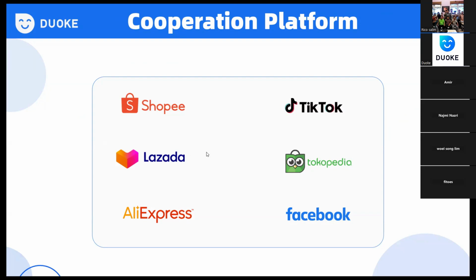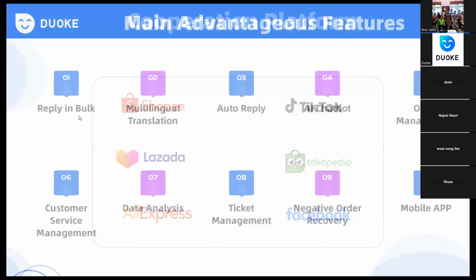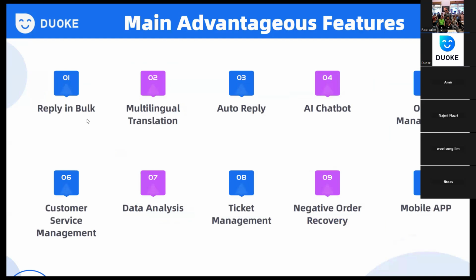And here are the main functions of Duoke. For example, the first one is we can reply in bulk, which means that we can aggregate all our stores and all platforms in Duoke. And the second one is multilingual translation, which means that we can translate more than 100 languages